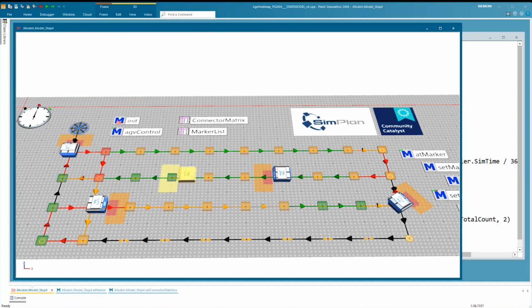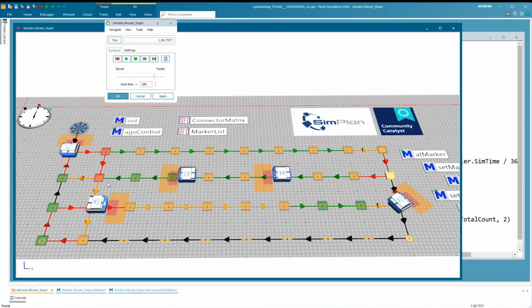Again, the Sankey chart in this case would only show you what I'm collecting with my total count. So it would tell you along this line 30 HVs went, and then along this line 50. So one of the lines would be thicker, but it will not tell you anything about how much time they spent in a certain area of the layout. So this kind of congestion, traffic jam situation, which is often the focus of simulation studies with AGVs, will not come out of the Sankey chart, unless that is another feature extension.